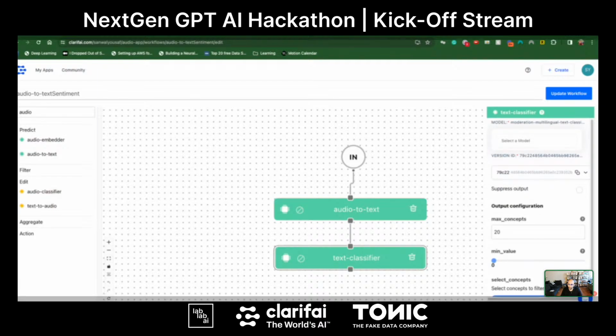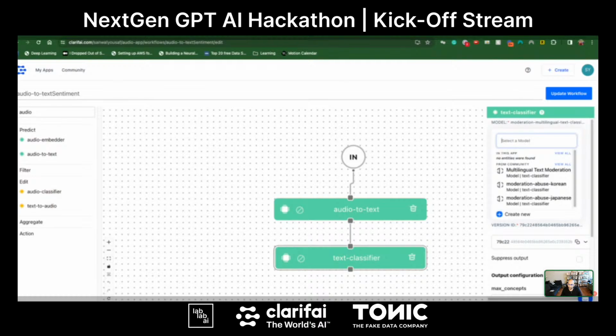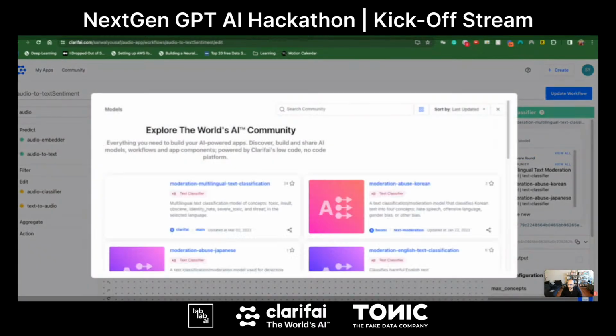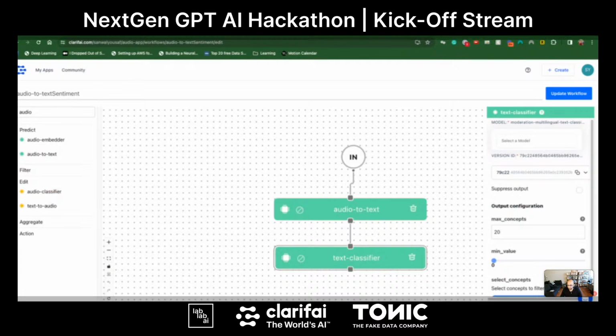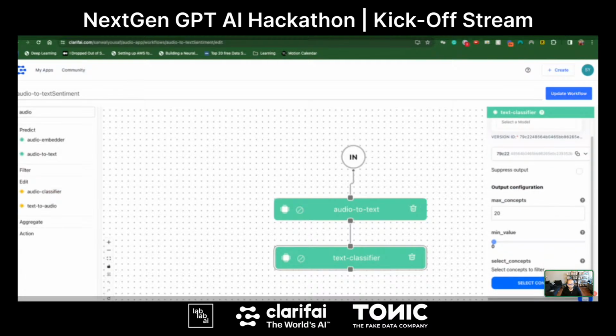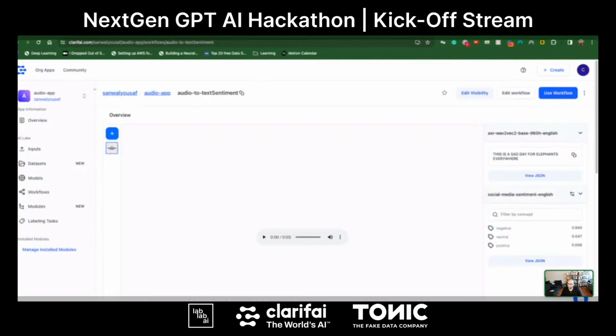And the way you get to list all these is by clicking into the select a model. If you had your own text classifier, they would appear right here in this app. And from community, you will be able to come up right here. And once you update your workflow or create a new workflow, you have now created a new endpoint.